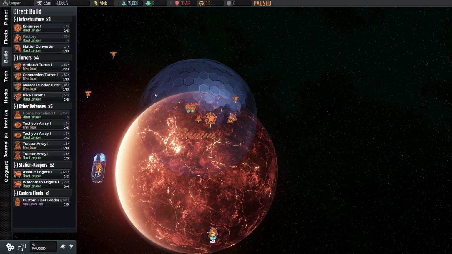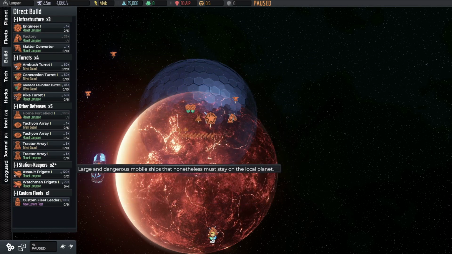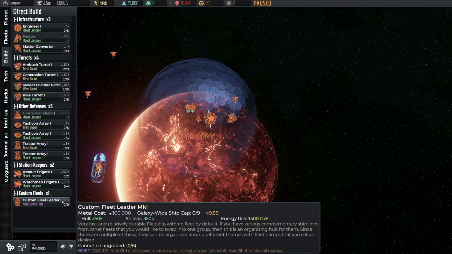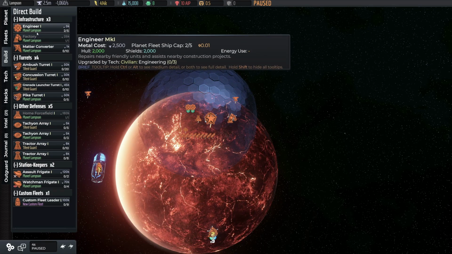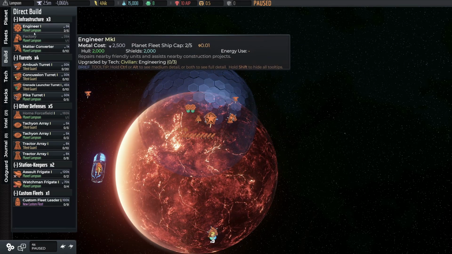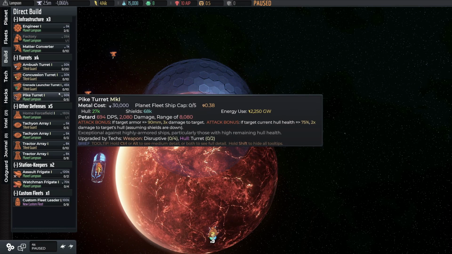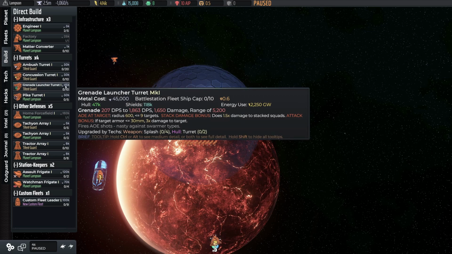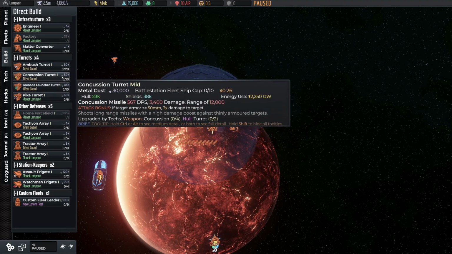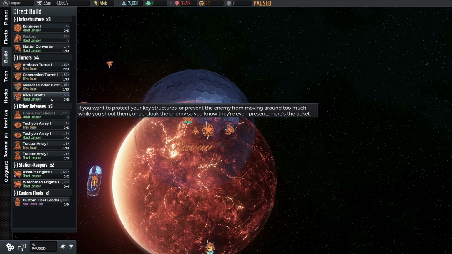When you go on build, you've got infrastructure, turrets, other defences, station keepers, and custom fleets, but just don't worry about custom fleets. And underneath it tells you what fleet it's going to be assigned to when you build it. So it's basically cheating. Well, not cheating, but it's a much easier screen than trying to figure anything out. Because all you do is lazily open the build thing and go, well, can I build more turrets in this fleet or not? And if you can build something in 2 fleets, it will just appear twice